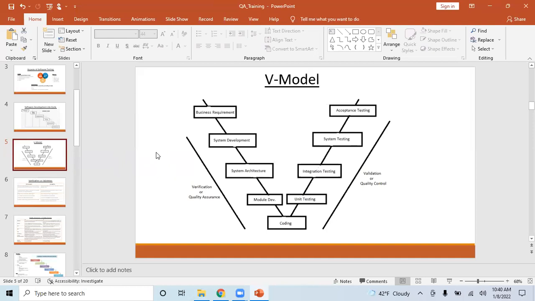Hey Kiran, in this V model, are verification and validation done parallelly? Yeah, when we say parallelly, ideally, once the verification is done, then they do validation.